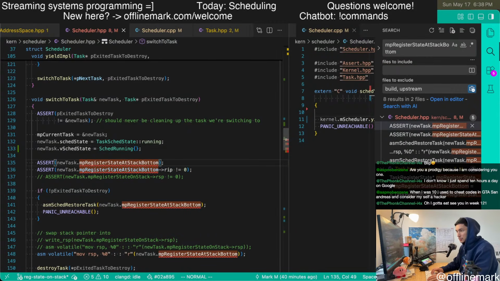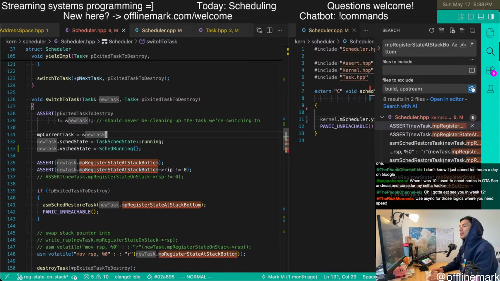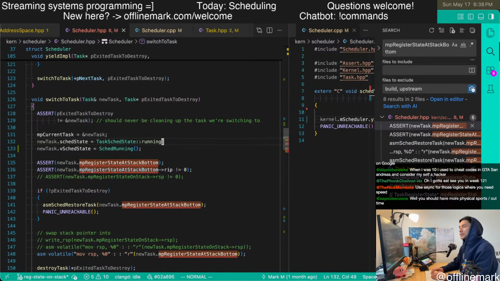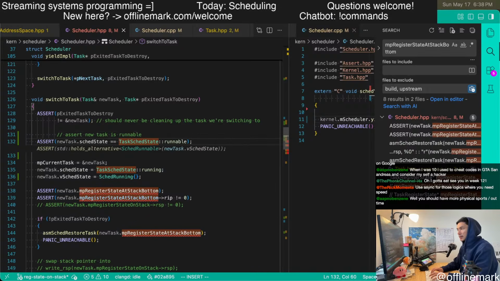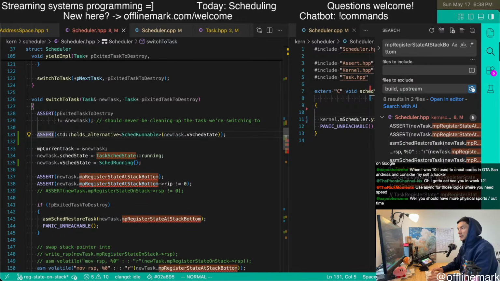I think what I need to do is, we got a new task, right, which is in a runnable state. Assert new task is runnable. There we go. This is just so unbelievably ugly.